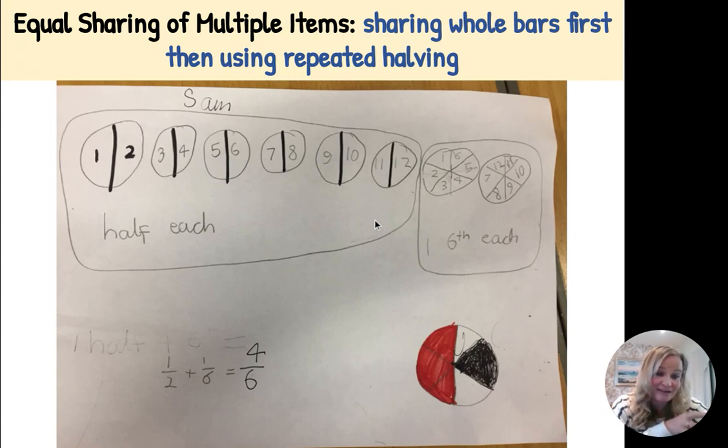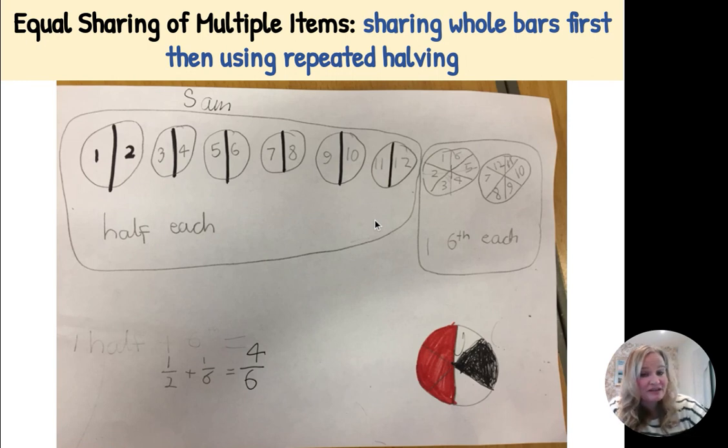This took a long time. This was a long session. It was a whole lesson. It lasted about an hour. It took him about an hour to get to that point. He had lots of mistakes first, which were great. The mistakes helped him to improve. He had about 4 different solutions before he finally got to a solution that he was happy with